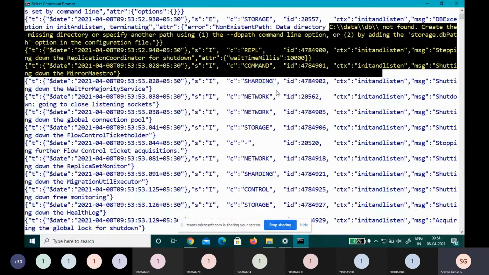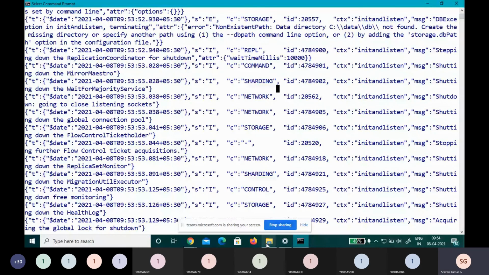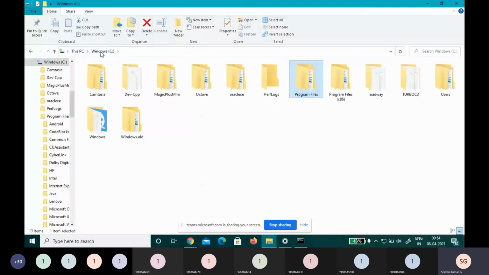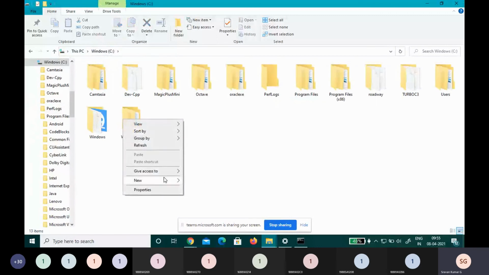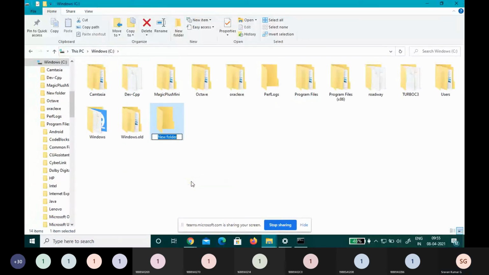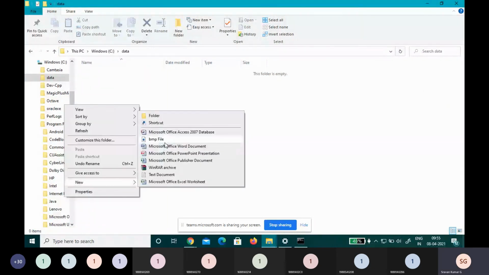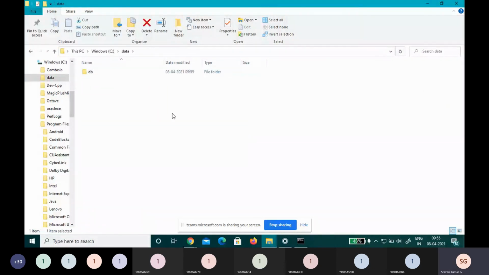I'll go to C. I'm in C. In that C, I should create a folder called data. In that data folder, again I need to create a directory called DB.